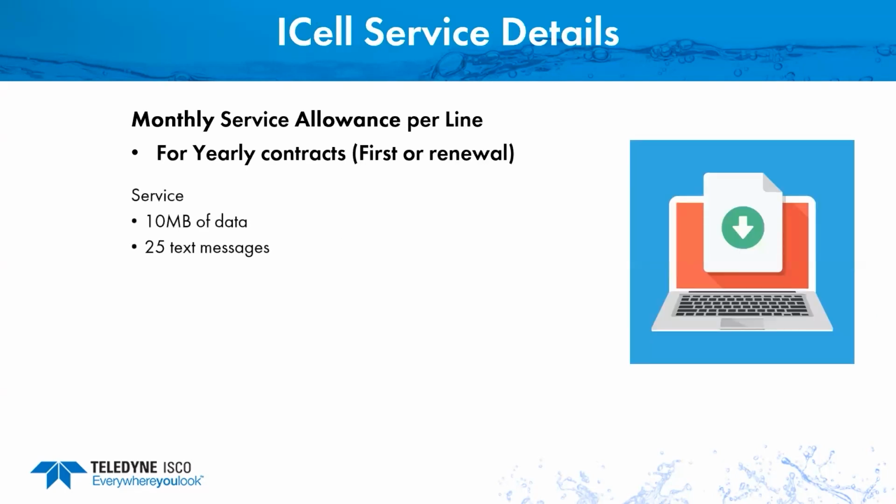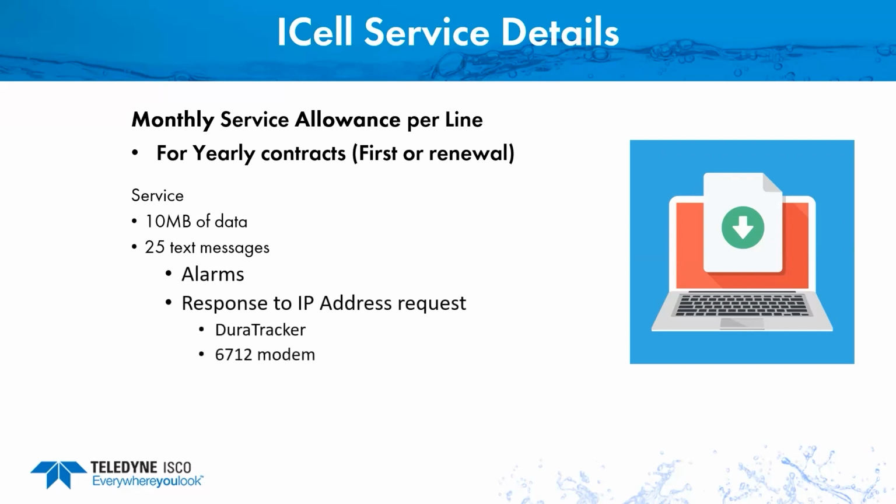So what does iCell provide you as far as the service allowance? We're going to supply you with 10 megs of data a month and 25 text messages. Now, those 25 text messages are used for alarming or response to IP address requests that the DuraTracker and the